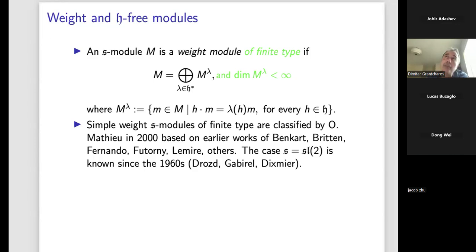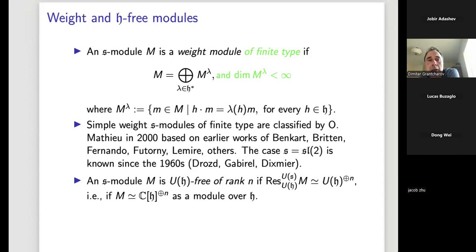He introduces the notion of coherent family, which plays a major role in this classification. This is a huge weight module, somehow containing both highest weight modules and modules that were not previously classified, so-called cuspidal modules. Mathieu put everything in one big family, and understanding one part of the family leads to understanding the other part. This is very roughly what is going on in this classification. We will not refer to it again.